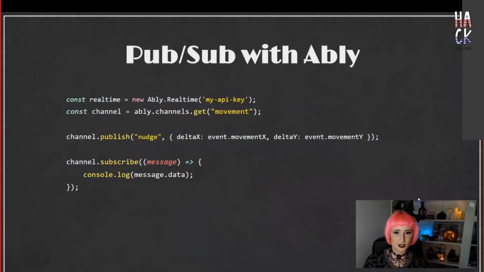First we make a new instance of the Ouijably library and we pass it our API key. Then we create a new channel called movement. We can publish data to that channel. Here we're sending a message, as we did before, called nudge, with data that contains the X and Y mouse movements. And then we can subscribe to that channel to receive messages too.